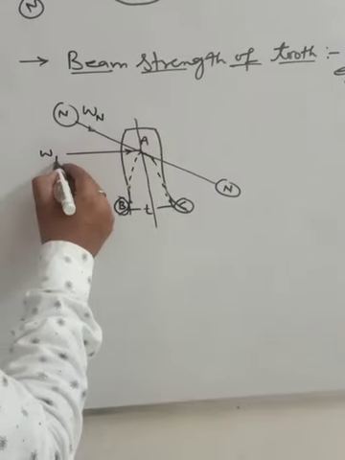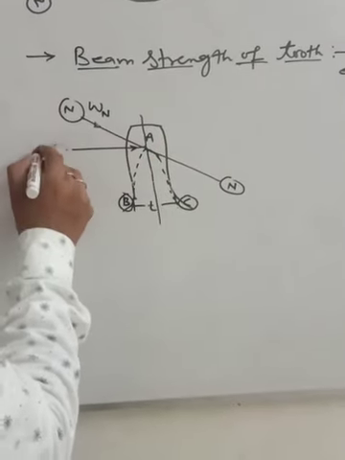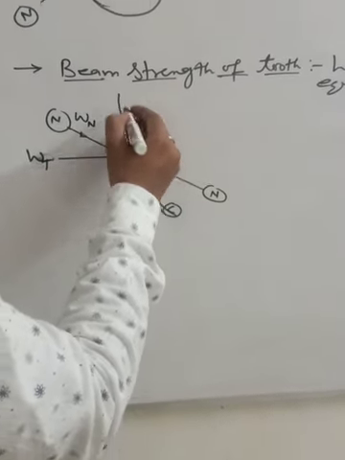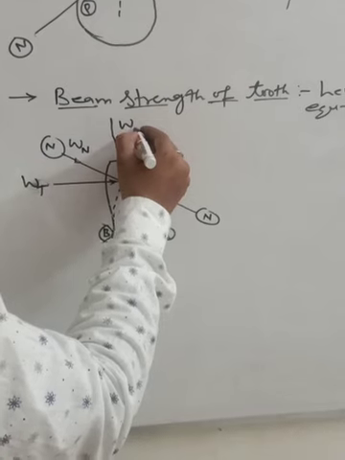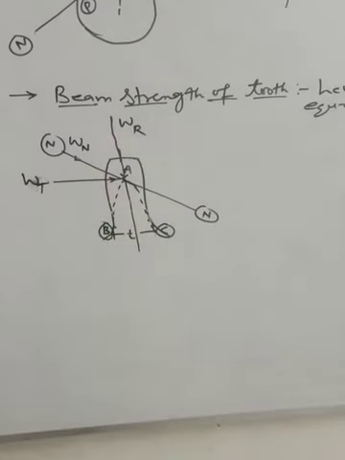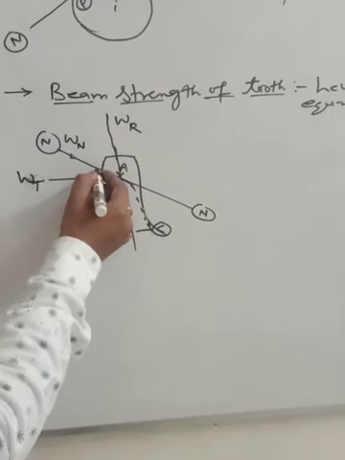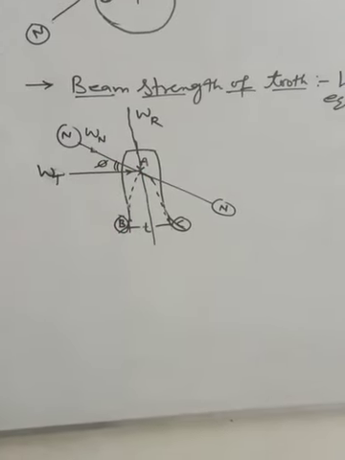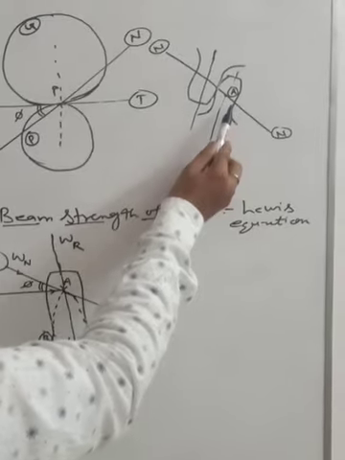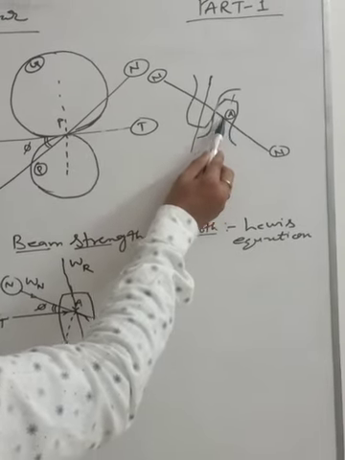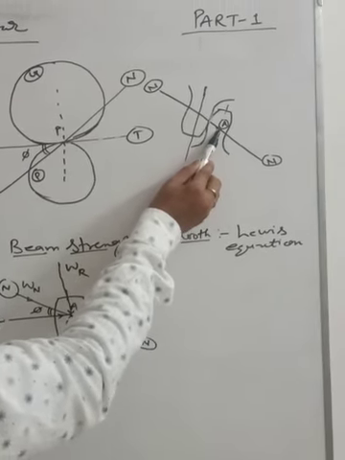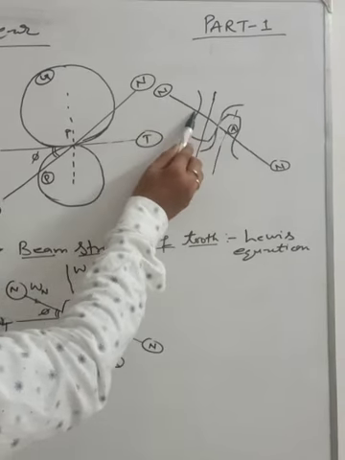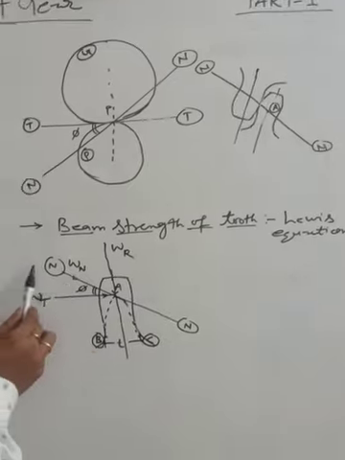First component is the tangential load Wt, and second component is on this radial direction, which is the radial load, and we also know that this angle is the pressure angle, because if the power is given to this pinion, then this pinion applies a tangential load in this direction only. That's why the tangential load is acting on this common normal. This is the tangential load.